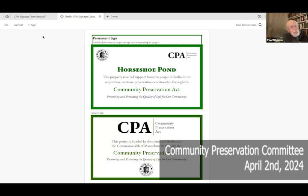Carolyn, did you envision, is there something that says CPA on the sign that's there for Horseshoe Pond already? There is, it's not very big. Well, if you give me guidance and that's what we want to put in, then we could just make it fit to replace whatever's on it. Right, so I guess I envision for Horseshoe Pond,